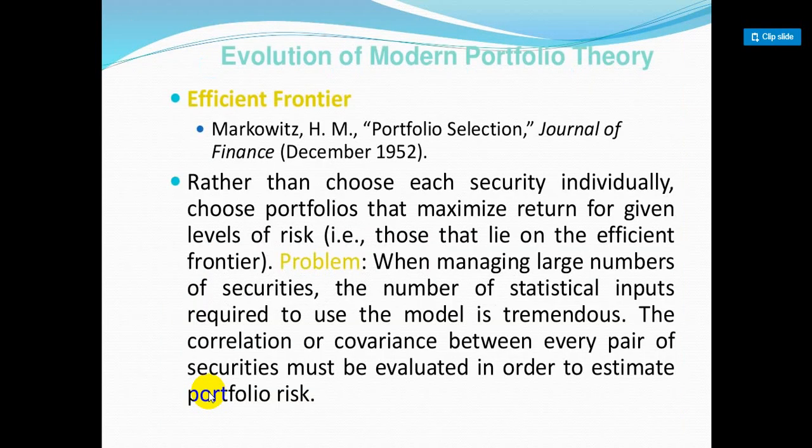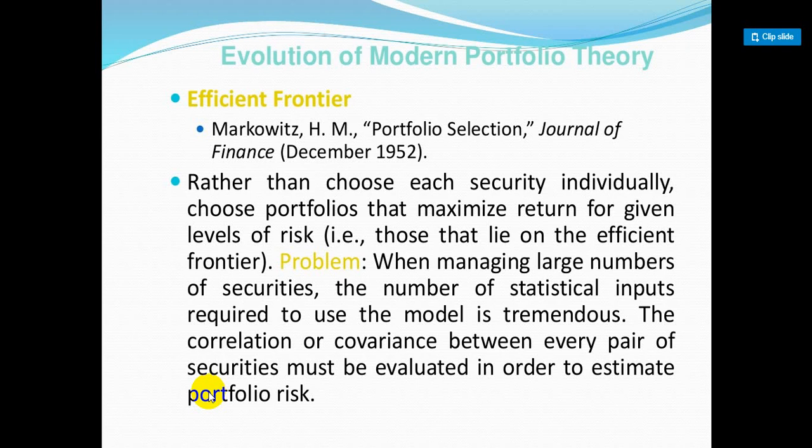So basically, efficient frontier. This has been given by Markowitz. Harry Markowitz is a person who has introduced this concept, portfolio theory. So that is the name itself of portfolio. It has been given as Markowitz model also for that reason. It has been given in the Journal of Finance in the year 1952.